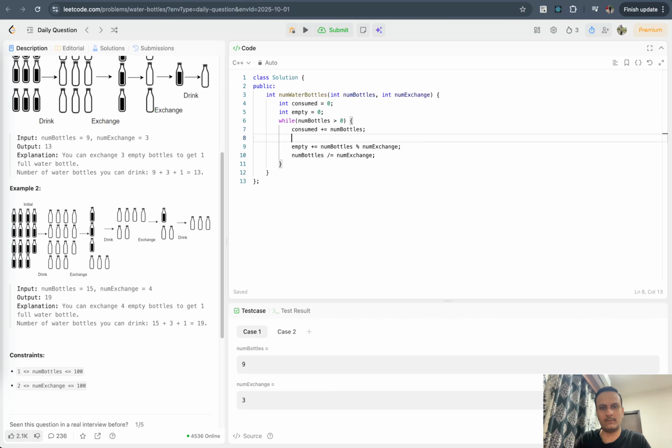Sorry, my bad. I removed that previous one. Let's add that back. So empty is the number of bottles divided by the number of exchanges, and after that we will again add this. So in the first iteration we will add 15, in the second iteration we will add 3, in the third iteration we will add 1, and after that we will return this number of consumed